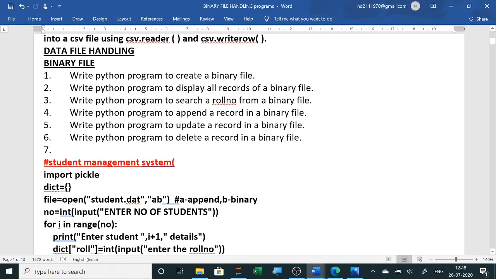Previously in board exams they used to ask to search the records and display. Normally some criteria was given, like display the names of those students who got more than 90%. So we simply read the records from a dat file, check them one by one, and display if the marks are greater than 90. So it was very easy.